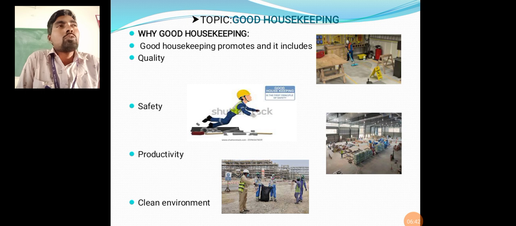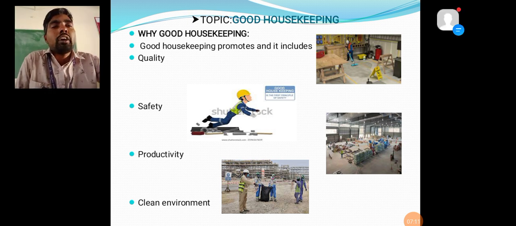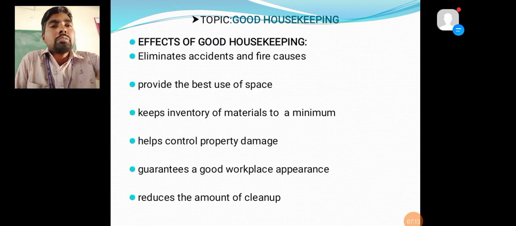A clean environment, so good housekeeping is nothing but cleaning and removing waste materials. The entire working area must be kept clean and neat, so we maximally avoid different types of environmental hazards or issues. To eliminate those issues we must maintain a clean environment. Most importantly, in the construction industry we must implement this to remove different types of work related accidents.